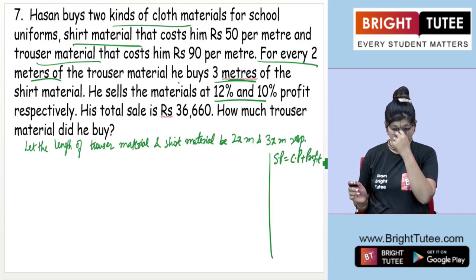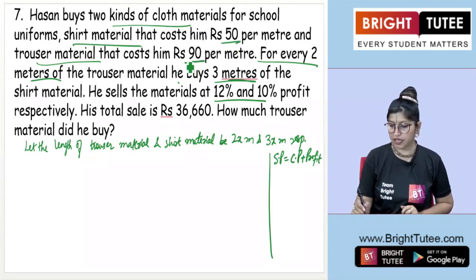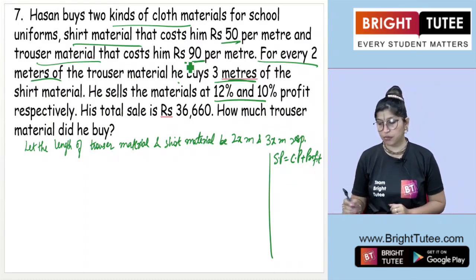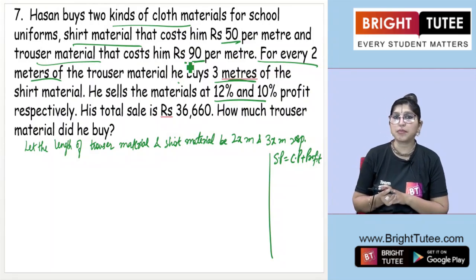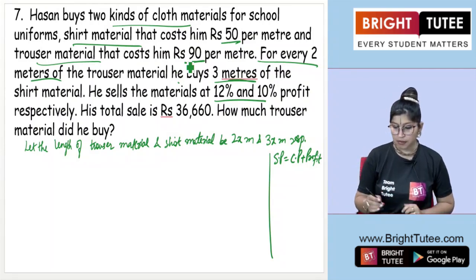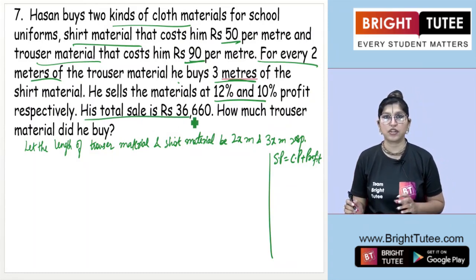Now it says that per meter the cost of the shirt material is 50 and for the trouser material is 90. So if I am talking about cost price, what will be the cost price, and if we are talking about selling price, what will be the selling price? Why? Because they say that his total sale is 36,660. So what do